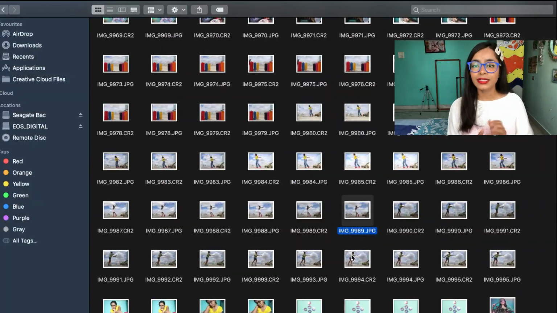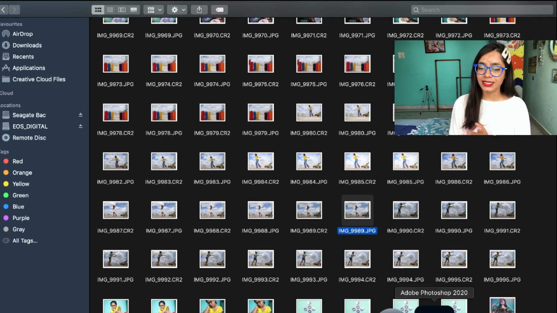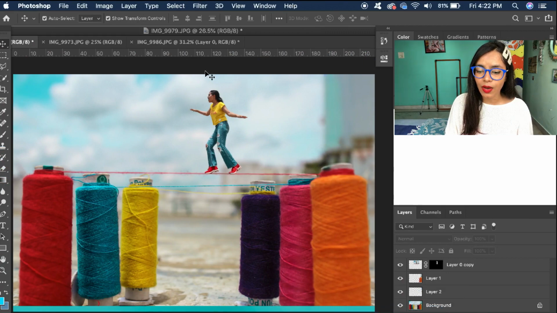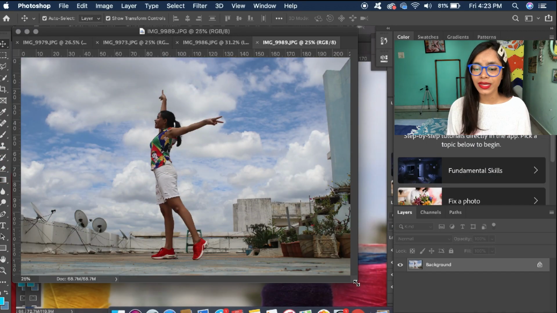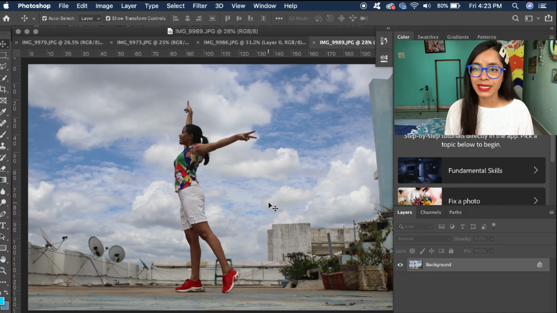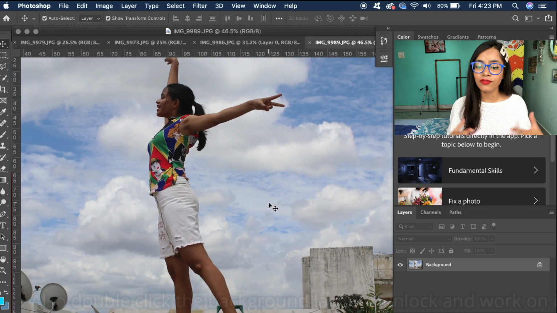Now the next step is to move ahead with the second character, because the first character is completed and I am quite happy with the results, how it is placed on the foreground image. Now it's the turn of the second character. So this is the picture, and what I will do is I will repeat all the same steps that I did with the first character.